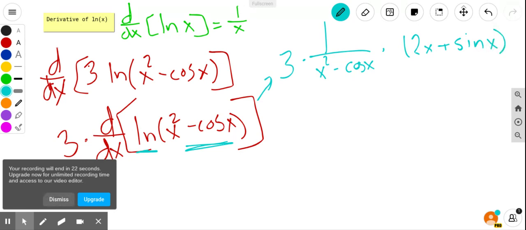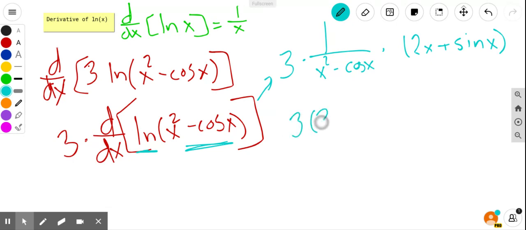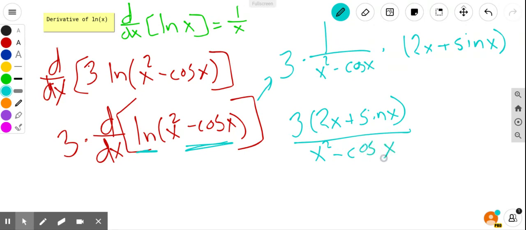So we get 3 times the 2x plus sine of x over x squared minus cosine of x. Chain rule, but notice the multiplier